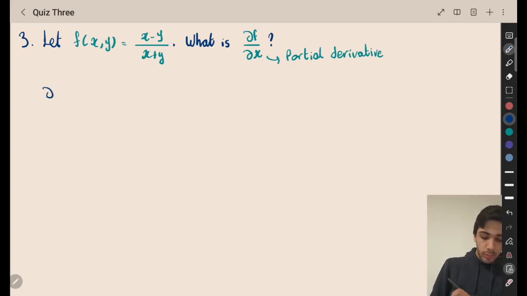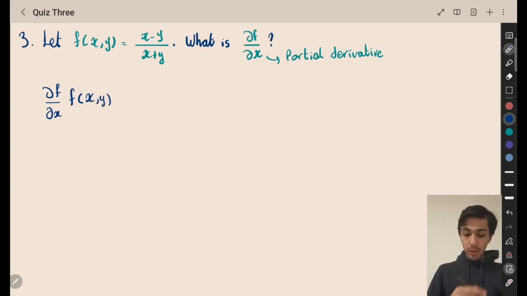By the way, let me specify how you should read this. This reads out as partial f, partial x. If I replace this with y, then it's partial f, partial y. Or sometimes I'll say partial f with respect to x, and so on and so forth. Okay, so partial f, partial x of a multiple variable function